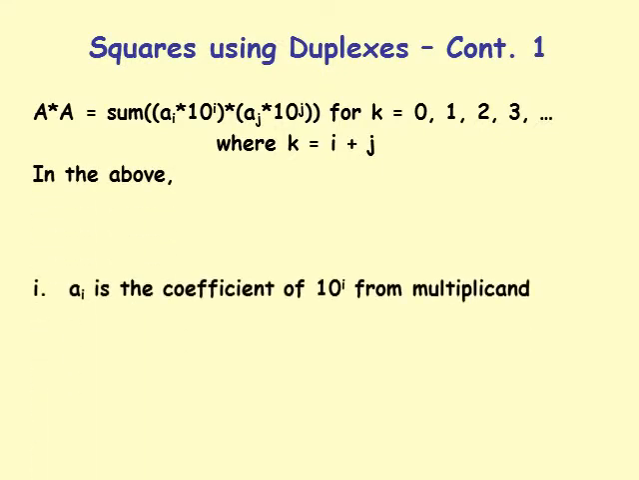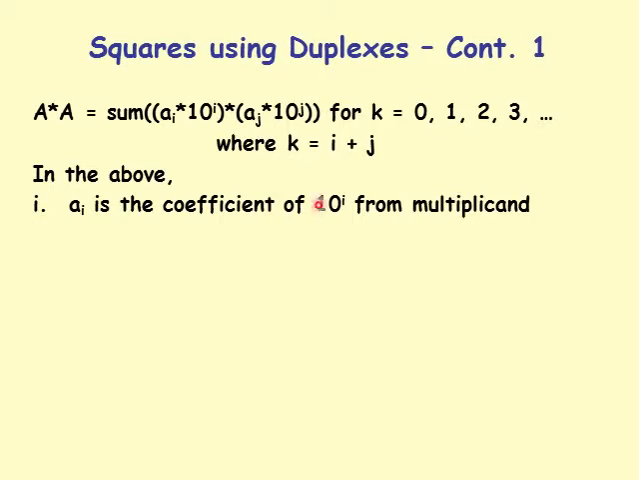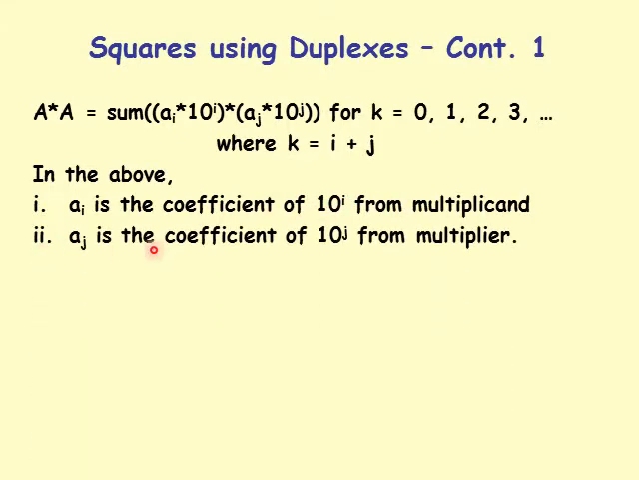Let's continue here. In the above, ai is the coefficient of 10 to the power i from the multiplicand, and aj is the coefficient of 10 to the power j from the multiplier. So this term comes from the multiplicand, and this term comes from the multiplier. There are two operands in multiplication, one of them is the multiplicand and the other is the multiplier. Let's continue here. The above sum can also be written as,